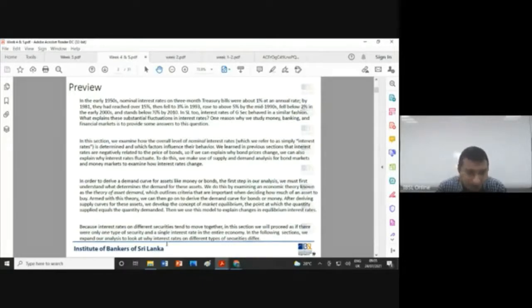In this section, we examine how the overall level of nominal interest rates is determined. As I said, unless somebody refers very specifically, interest rates mean nominal interest rates. We examine how interest rates are determined and what factors influence their behavior. And we learned